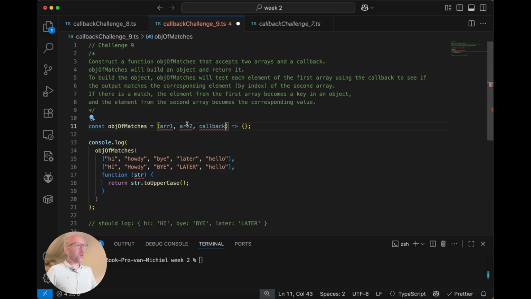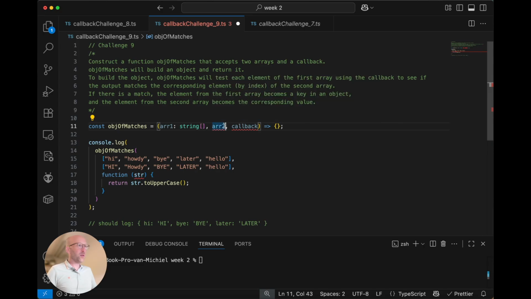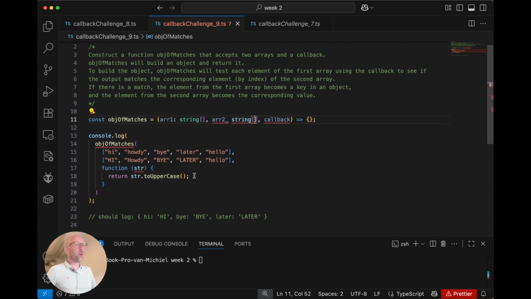Okay, let's first see the first array here is an array of strings like this. The second, the same. The callback, let's have a look, is this one here. So let's have a look. I call that, and I'm going to say